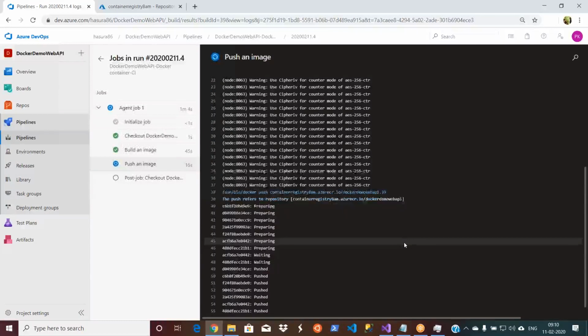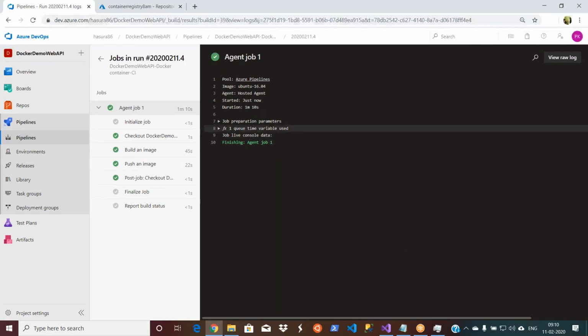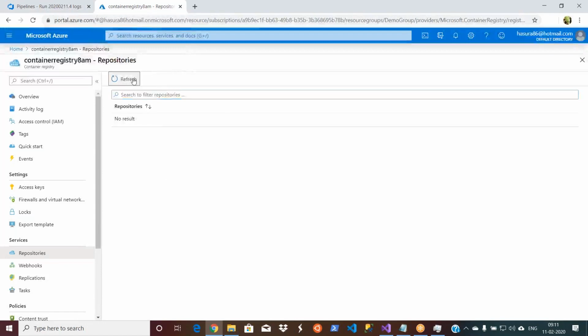Of course, when you are working with containers in depth, you can log into the container, but not like a virtualization. From the command prompt, you can log in and execute some steps, but you don't see what is inside. Okay, now my job is completed. Now let's go and see our container registry. Let's refresh this.